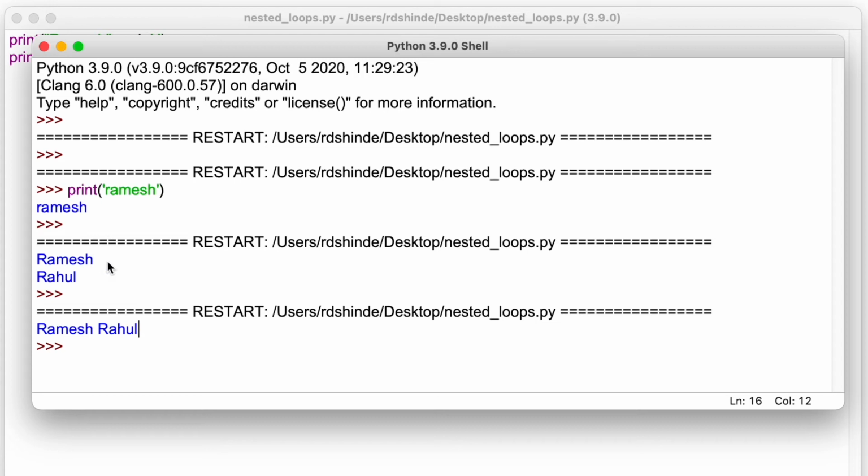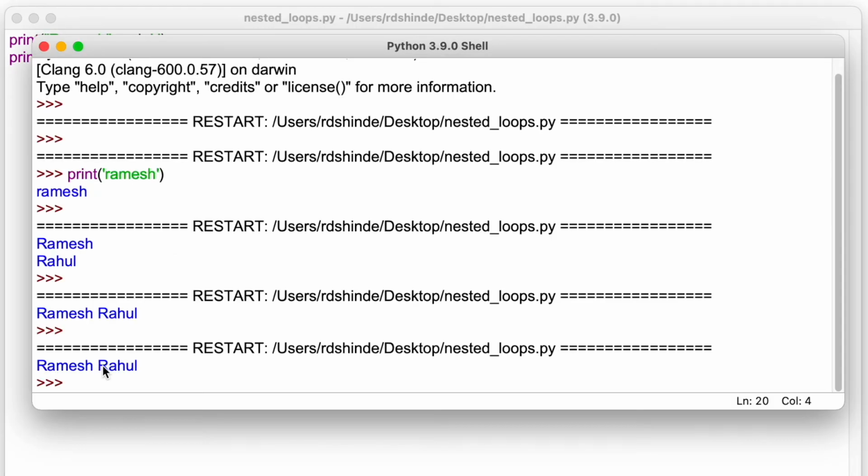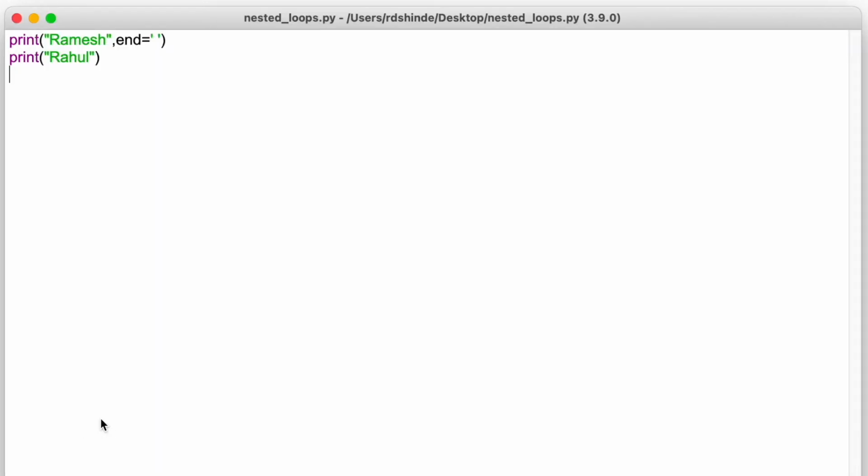Now instead of going to the new line, our control stays on the same line with some space because we had some space here. So it stays on that same line and the next print statement is executed after that space. So that is the main difference.